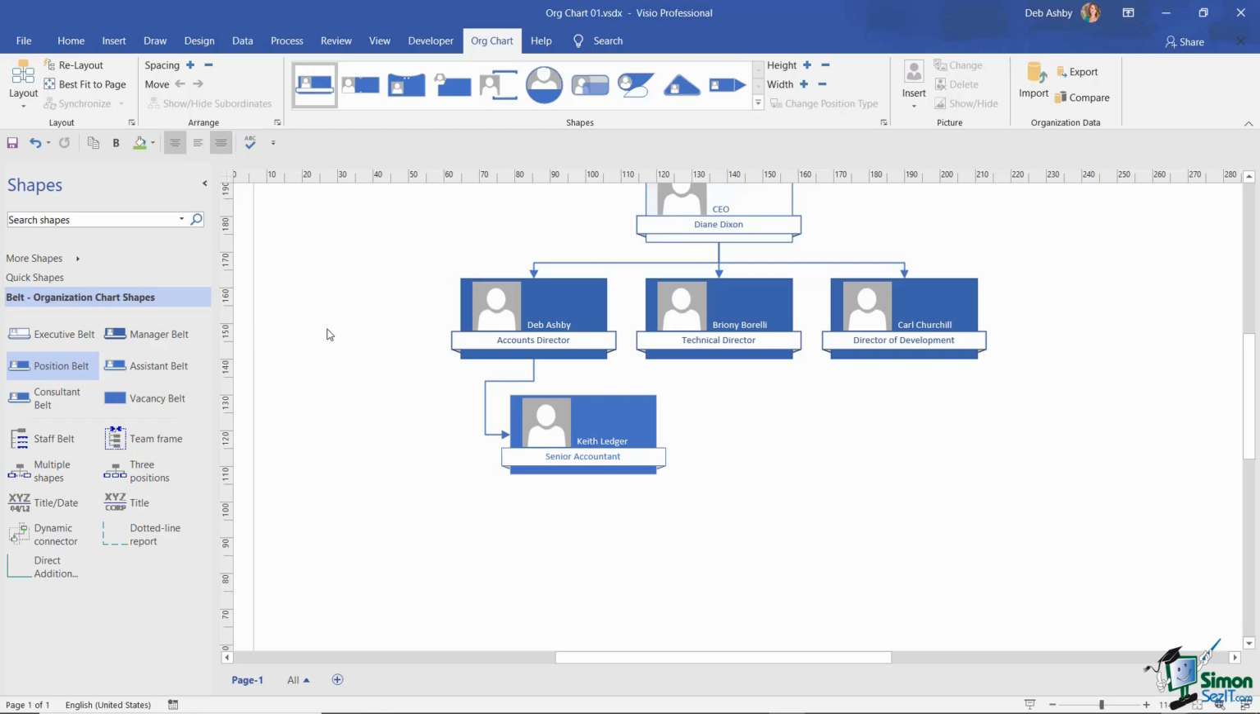One other thing to note when you look at these masters is that you do have one called vacancy belt. If you have an open position in your hierarchy, then you can utilize this master. So let's drag it and drop it on top of mine. Maybe I have a position open in my team. You can see that it doesn't have a little placeholder for a picture because this is a vacancy, but I can double click to edit this text, and I might want to say this position is open and the position is